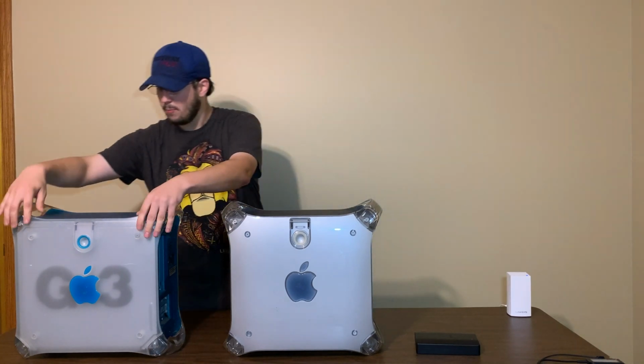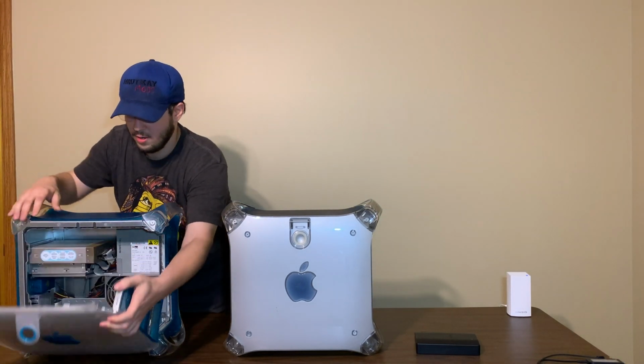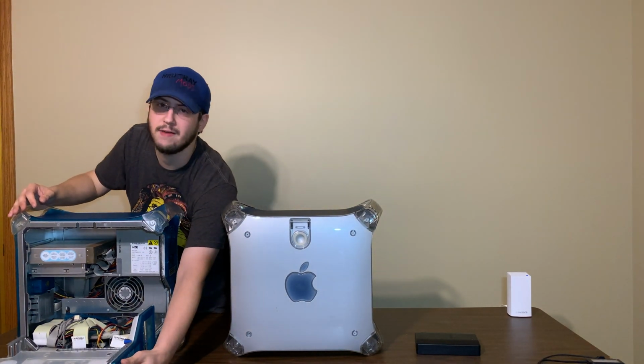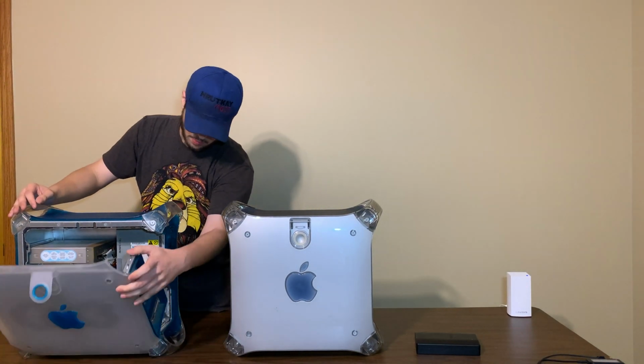So, yeah, this thing's been upgraded. But in today's episode, we're going to be putting this case from this blue and white PowerMac G3, which is now empty except for the power supply and a few hard drives I haven't taken out. We're going to be putting all this case onto this and make a G4 blue and white, which is going to be really awesome. But before we do that, I want to introduce you to this, show it off, and